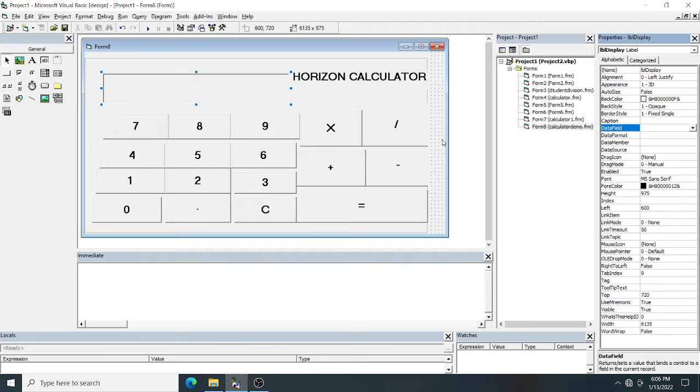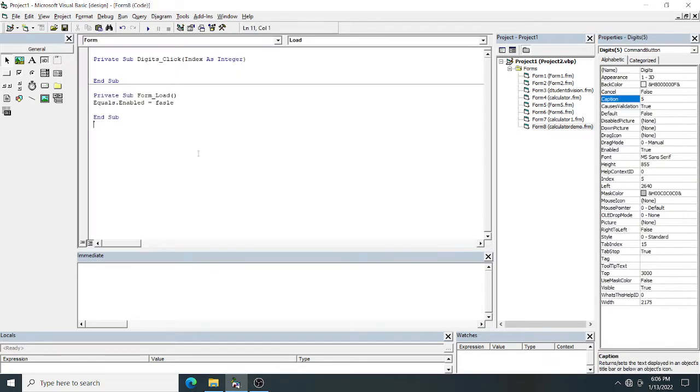Okay, I will go to any button event. Here you have to do lbl display dot caption. In the beginning lbl display is blank, no value is there. So I will write lbl display dot caption equal to lbl display dot caption plus, which means it will concatenate with the number.